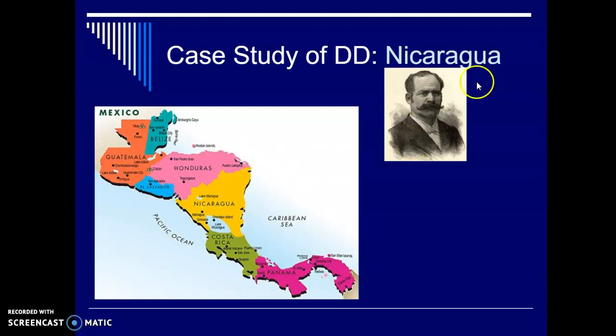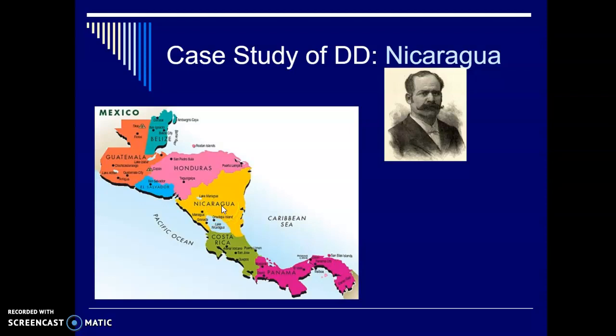So now we have Nicaragua, and we have the leader of Nicaragua by the name of Jose Santos Zelaya. He was the longtime dictator, and he was not a nice guy. He wanted to dominate all of Central America, and so he started having his army invade Honduras, invade Costa Rica, with the idea that he would take them over. He also began to talk about some things that would make the United States really nervous. Knox and Taft both viewed him as the cause of much of the upheaval in the region. Given that the Panama Canal is right here and he is right here, that causes some problems.